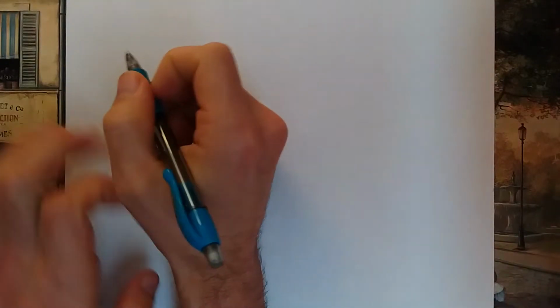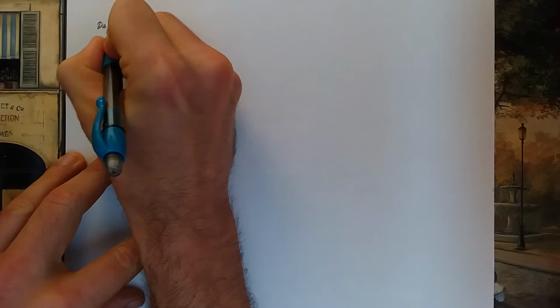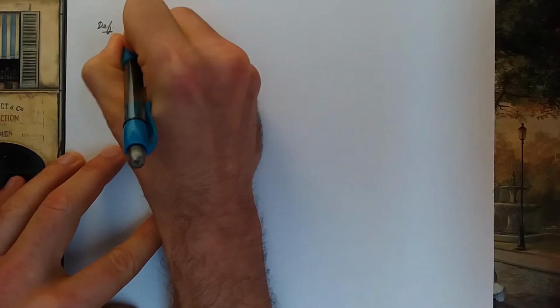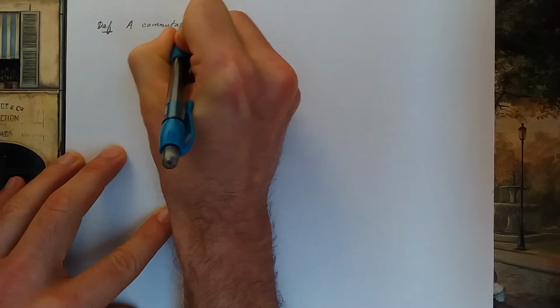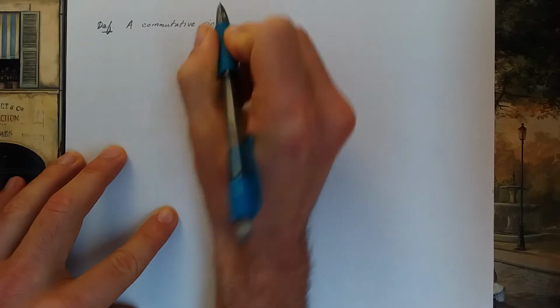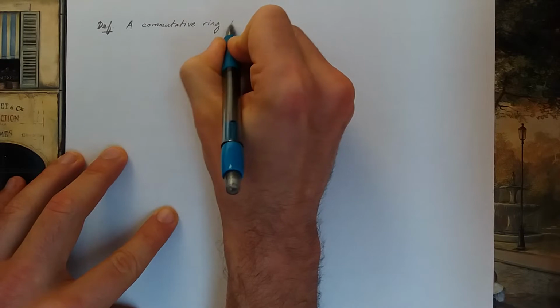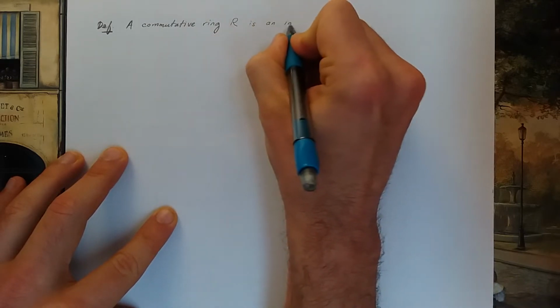This video will give 3 definitions of special kinds of rings. So the first definition is integral domain. You have to start with a commutative ring R. So a commutative ring R is an integral domain